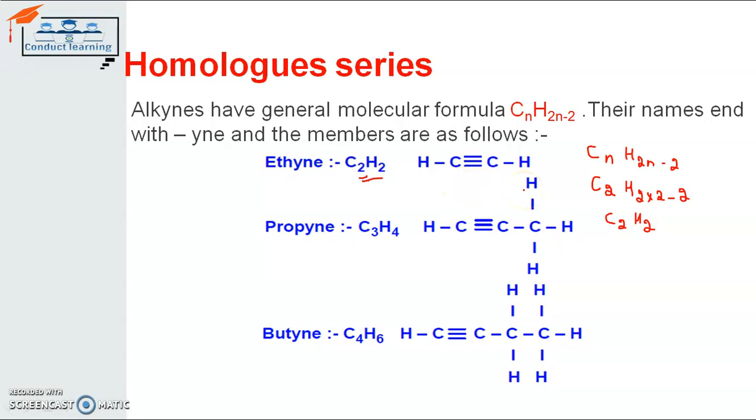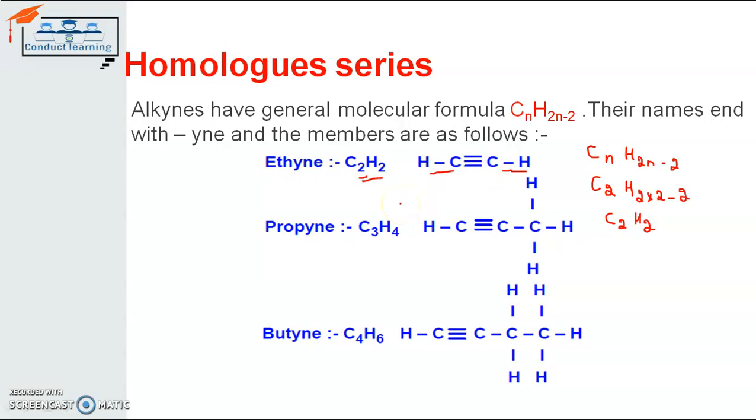So accordingly, the structure diagram can also be seen. Here the carbon atoms, which are 2 in number, are making a triple covalent bond in between them. So they come under unsaturated hydrocarbons because they are making a triple covalent bond in between. The rest of the electrons of the carbon atoms are shared with the hydrogen atoms. So this is a complete structure diagram for ethyne.